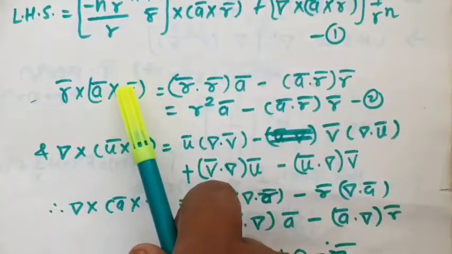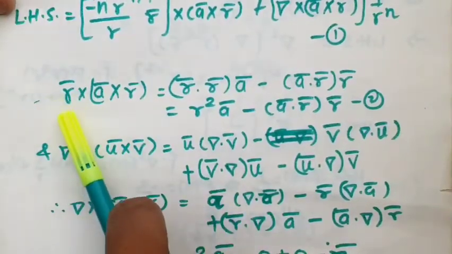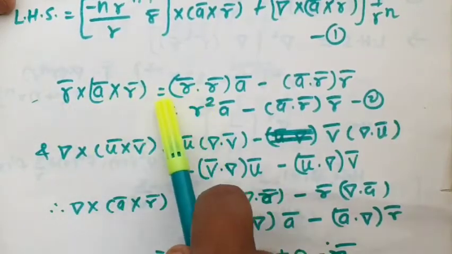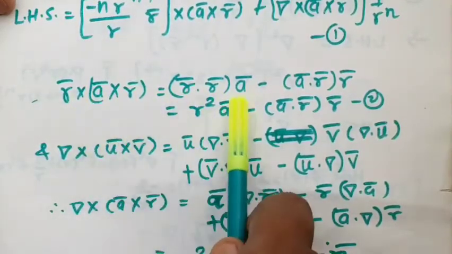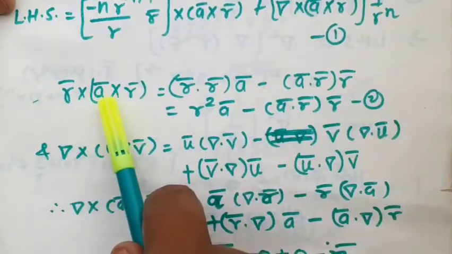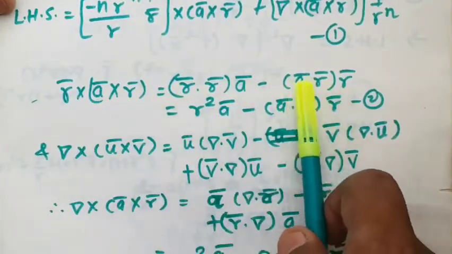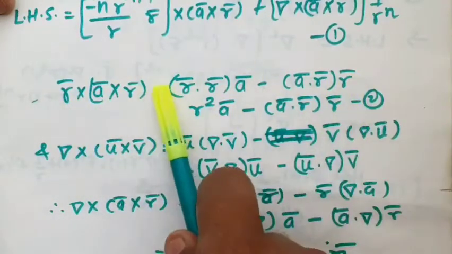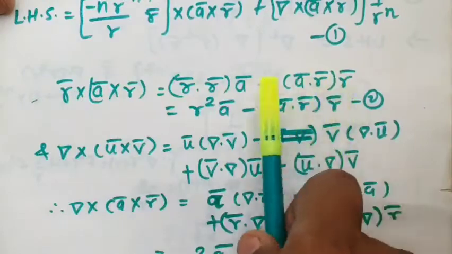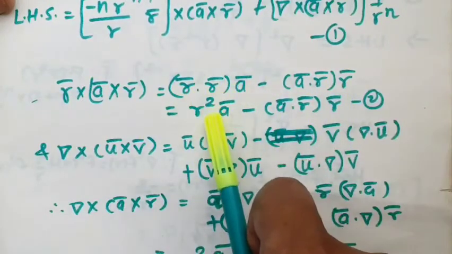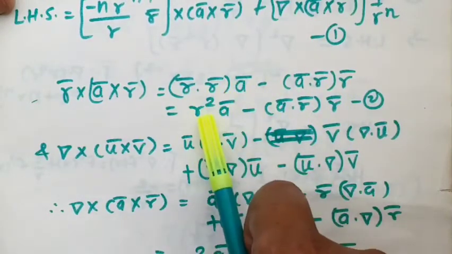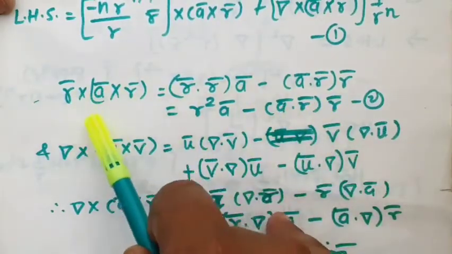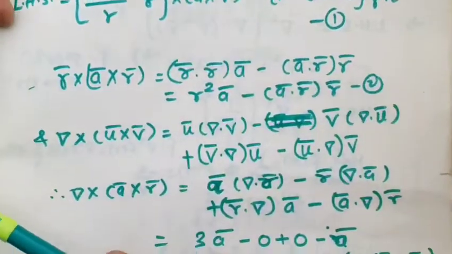This definition also we have seen in the beginning lectures. So how do we calculate it? First vector dot third vector, that is r bar dot r bar, into the second, that is a bar, minus first dot second, r bar dot a bar, and a bar dot r bar is one and the same thing, a bar dot r bar, into the third. Now again r bar dot r bar is the magnitude of r bar squared, that is r square, into a bar, minus this quantity as it is. So this will be the value of this product. This we are going to put in equation 1 later on.